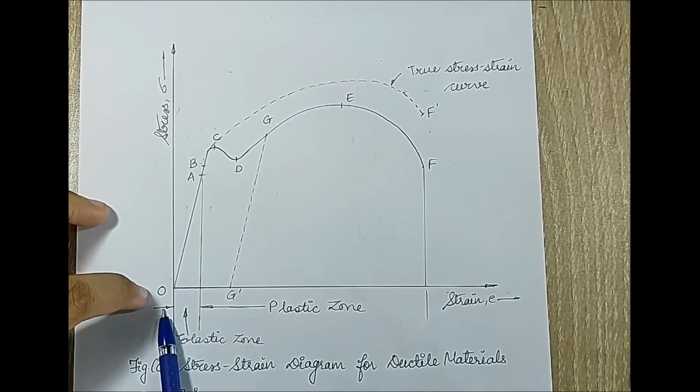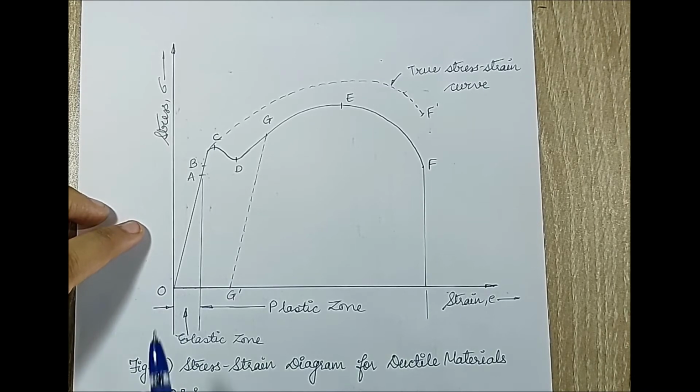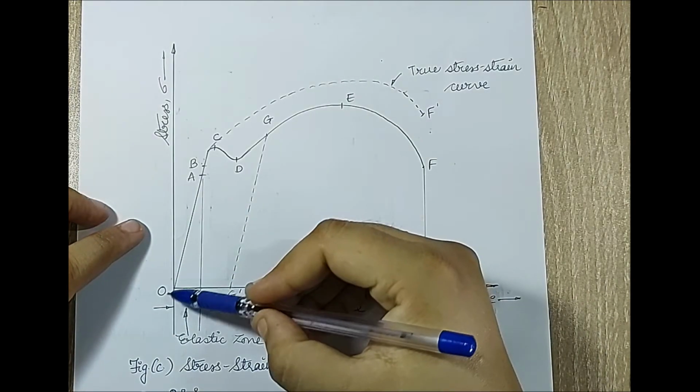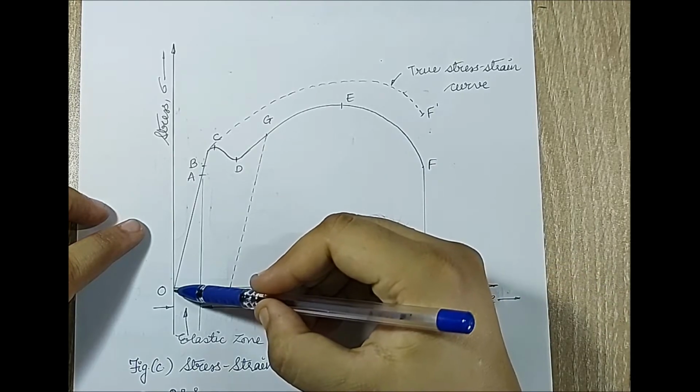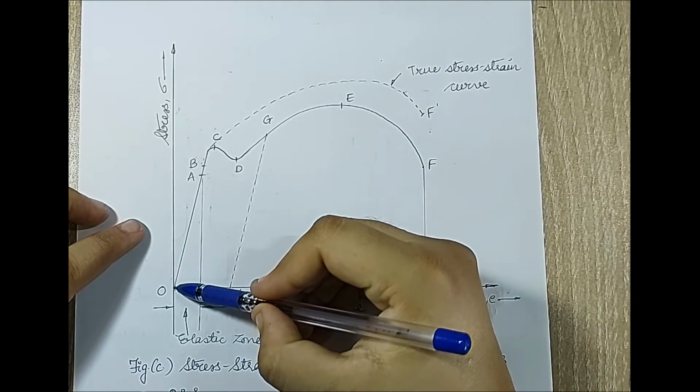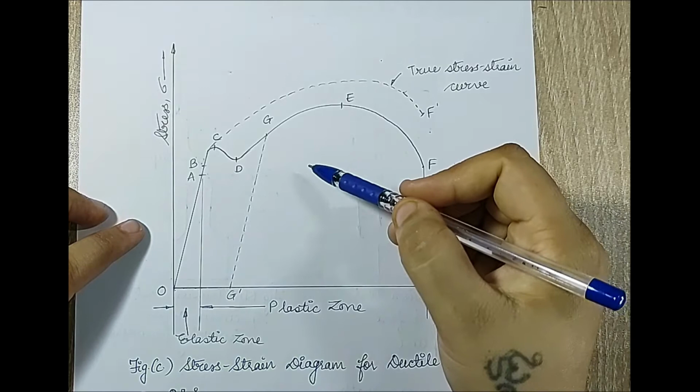So when the load P is 0, stress is 0. Since the stress is 0, obviously there is no change in length, so there is no strain. So the origin is always at 0. From 0 or O, whatever you mark, from here you will observe that initially Hooke's law is applicable to mild